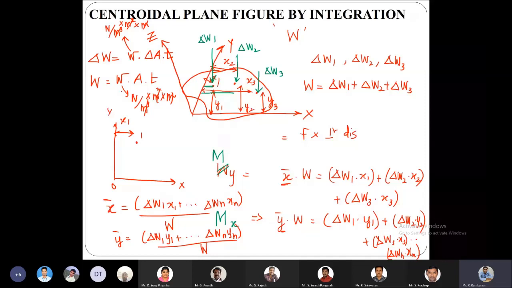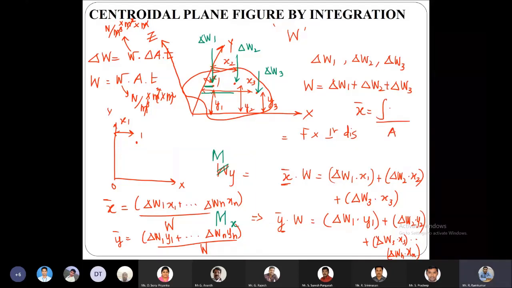So we have to replace this del W with the given relation, and then W should be replaced with W into A into T. So here you can see that all the terms, that is the weight density and the thickness, are in common. So finally we get the term as y bar is equal to integral of